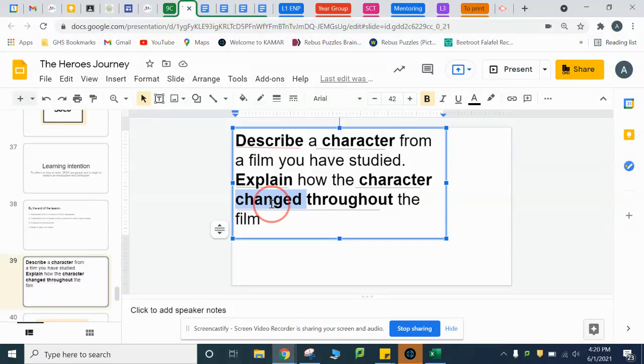So when we think about changing, we think about movement, we think about difference, we think about a journey possibly that a character has been on. And throughout the film just means the whole text, that we're looking at the whole portion of the text, not just one scene. So once we have done the keywords, now we've done the synonyms, what we need to really do now is a thing called annotations, where we're just